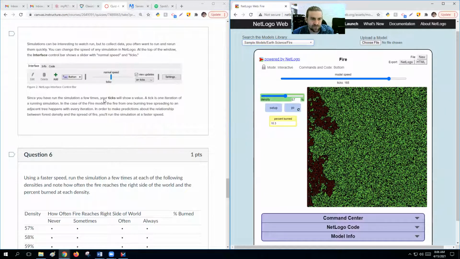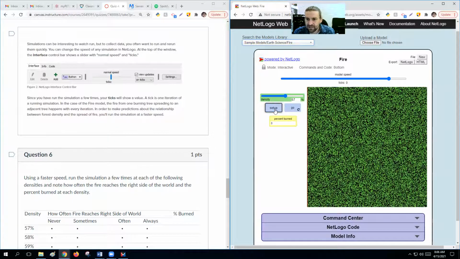Since the simulation runs a few times, you'll see the tick value. The tick value is just basically how many steps it took. Once we have it set up, we could actually figure out exactly what the pattern is going to be. It goes step by step, through each tick or each iteration to move on to the next part. So if we really slow this down,